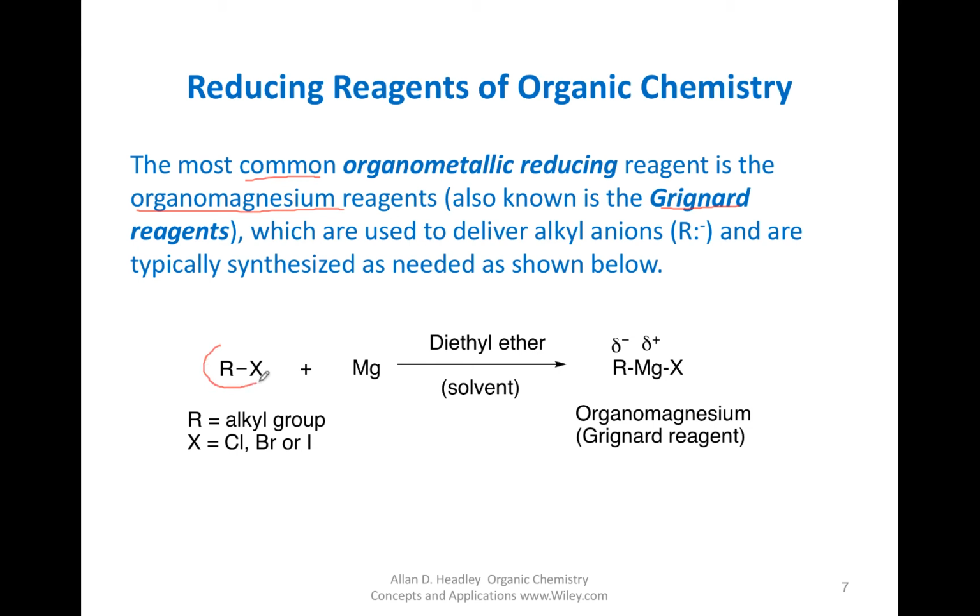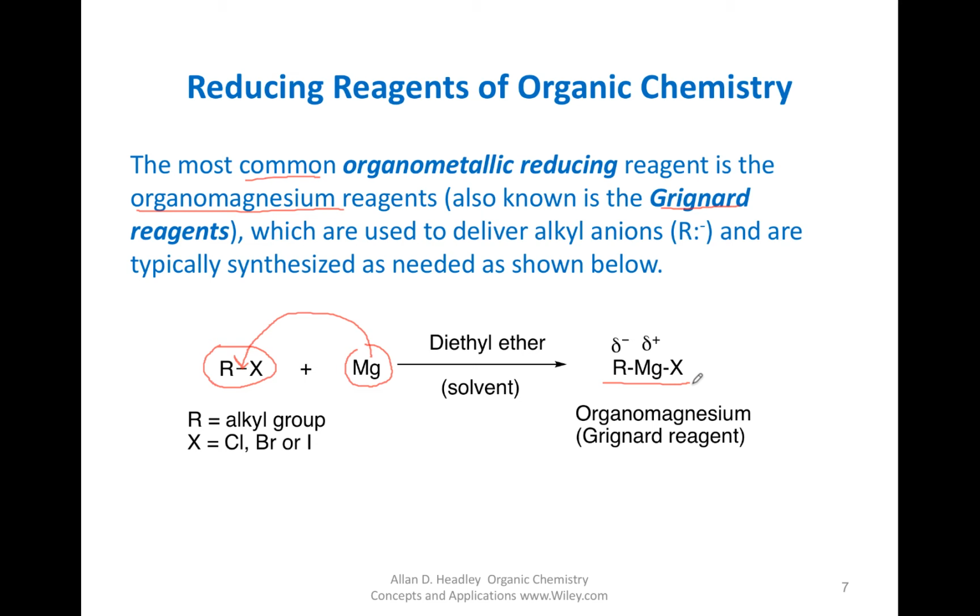We start out here with RX, or R halide, which could be chlorine, bromine, or iodide, reacted with magnesium. And notice again, magnesium is to the left of your periodic table, so therefore it is electropositive. The reaction is that this magnesium inserts itself into that bond to form that